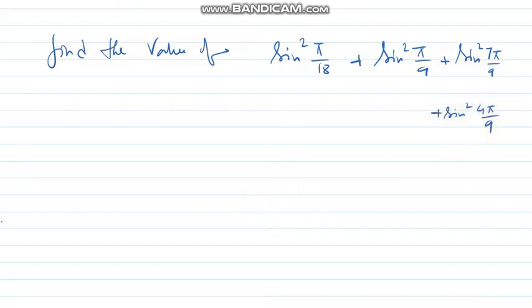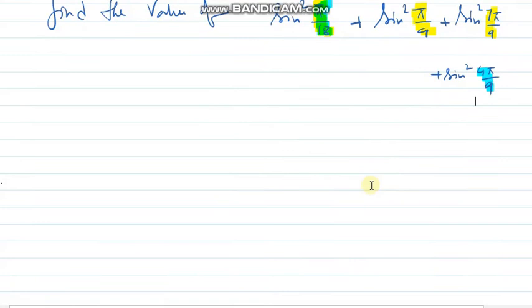So for this type of sum, first add the angles and check. If I add these two angles, I am going to get 3 pi divided by 18, right? That is pi by 6. We know the value of pi by 6, but if I proceed further and add this angle and this angle, I am going to get 15 pi by 18. Again, no use to us. But if I add these two, just check what I am going to get. I am going to get 9 pi by 18, that is pi by 2.